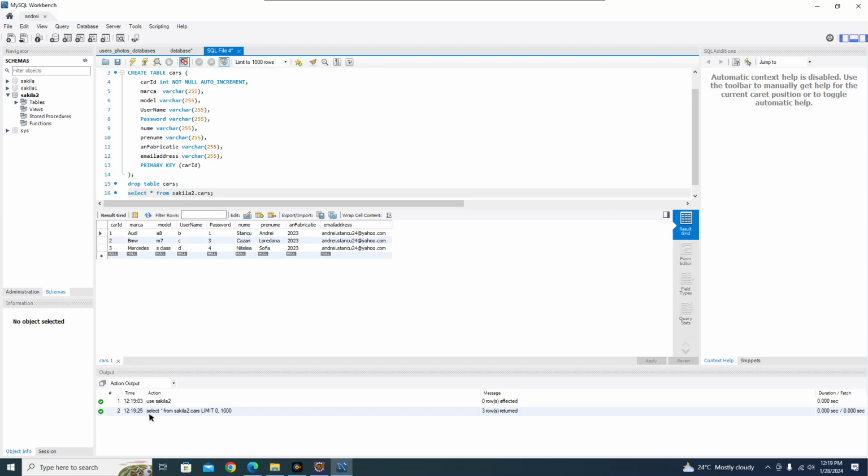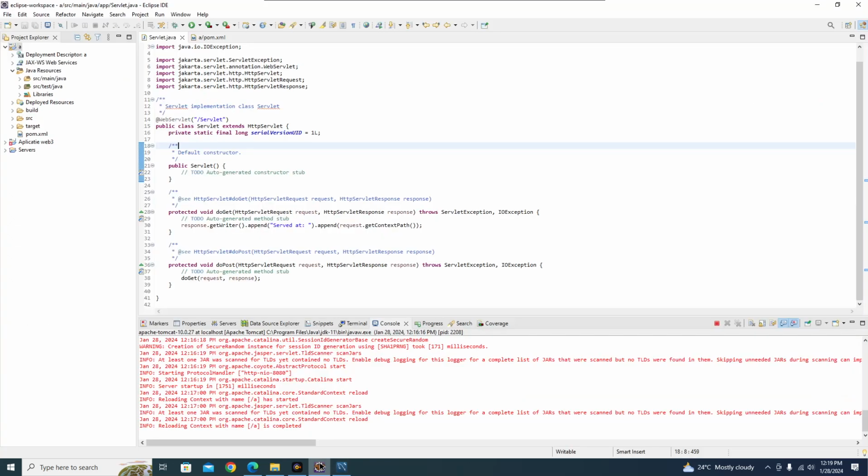The statement was executed successfully, and the table is already populated with these fields, and now I want to introduce more data